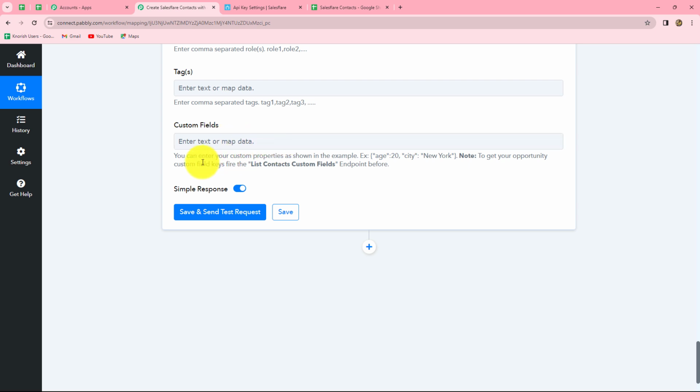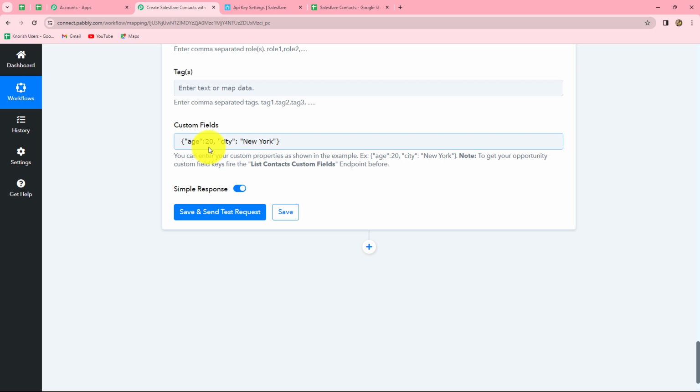What we are supposed to do, it is given that we have to enter the custom fields in this exact format, that is in the key and value pair. So we will simply copy this format and paste it over here. Now here, in the place of age, my first custom field is for date of birth. So we are going to enter date of birth here. And in front of that, we are going to enter the value for date of birth, which we have received